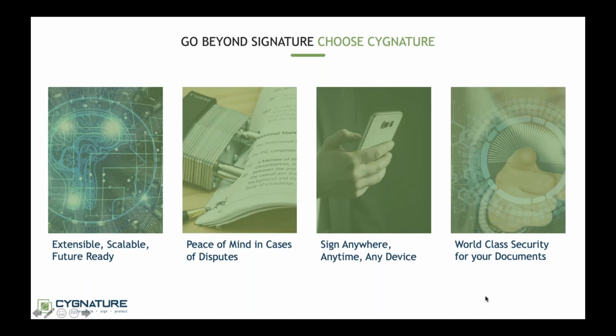World-class security for your documents with blockchain. You have zero chance of the documents getting tampered with, or somebody downloading it or playing with it. If you're worried about highly confidential documents, and about storing them in a cupboard with a lock and keeping the key with you, there is nothing to worry about. Here the documents are completely safe, and nobody other than you can touch them. That is why we say world-class security is given to your documents with signature.